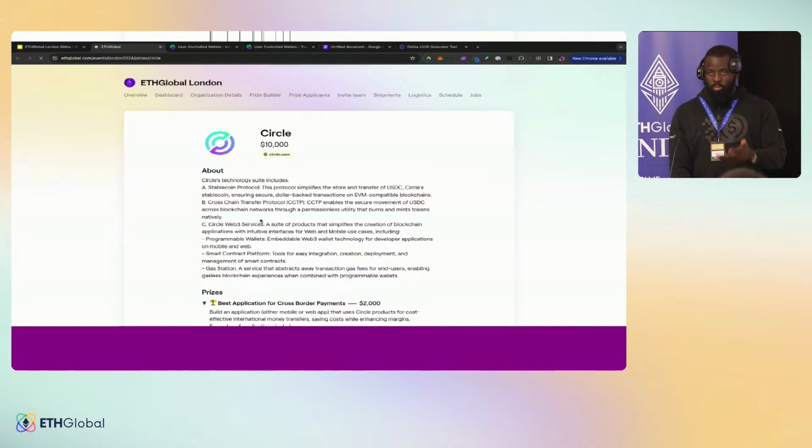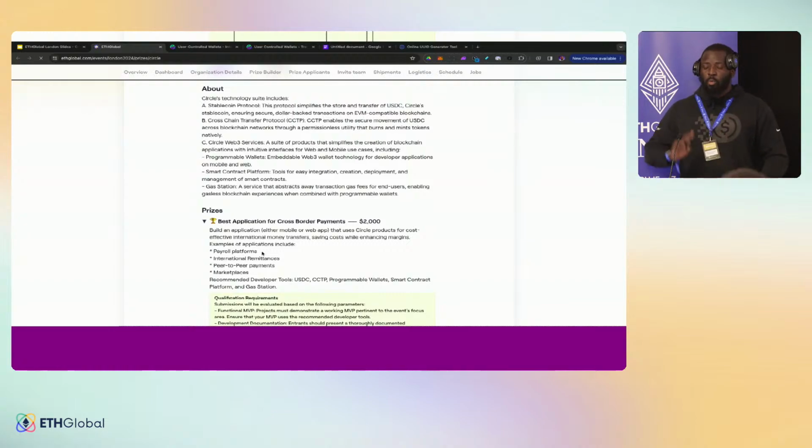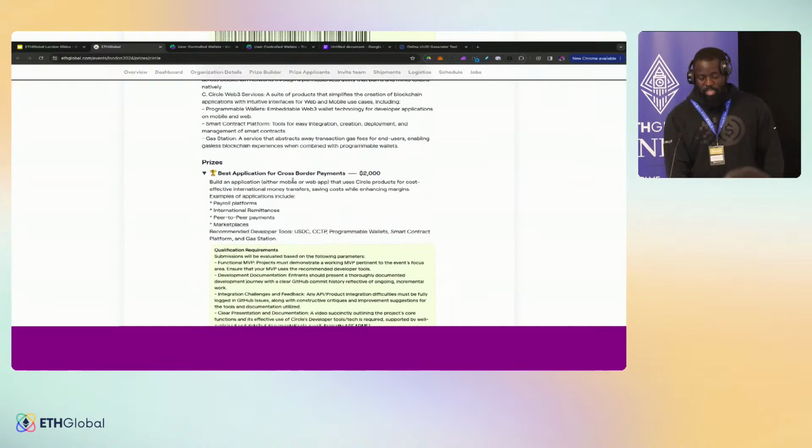So if you come to Circle price information, you can see a lot more about this, but I'll just quickly walk through it. We have 4 pools of the hackathon prizes. The first one is the cross-border payment, which is the best application for any payment infrastructure, peer-to-peer, where it facilitates international transfers across countries, and you can connect that to reward